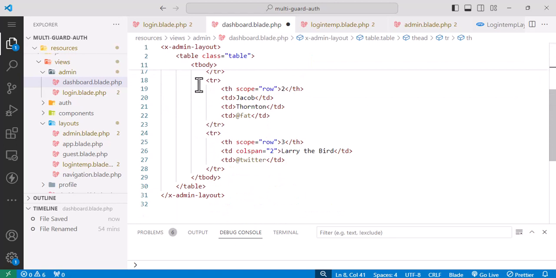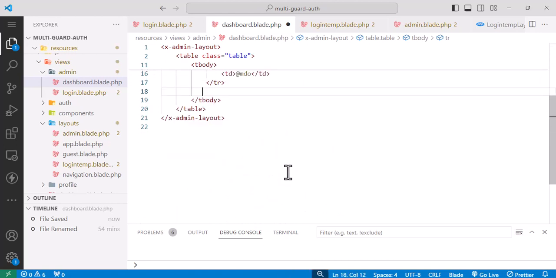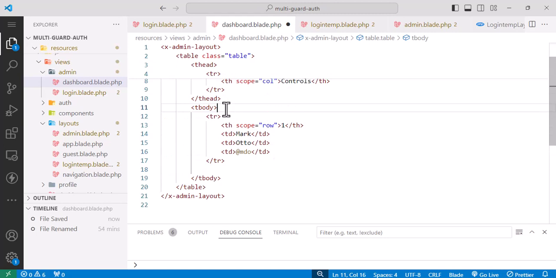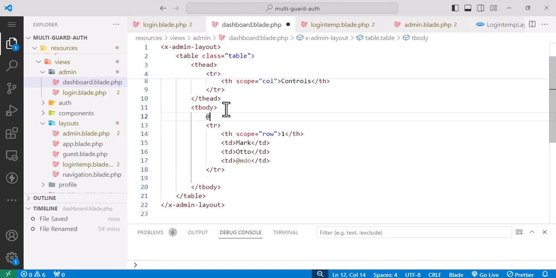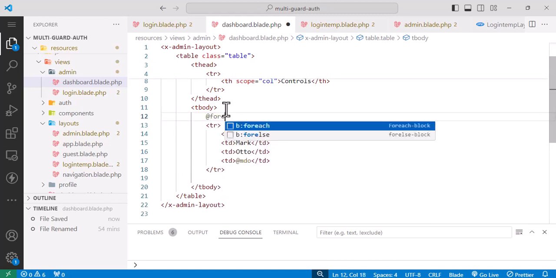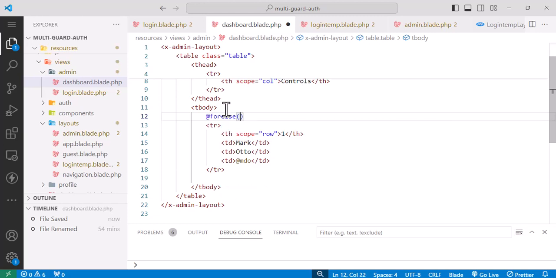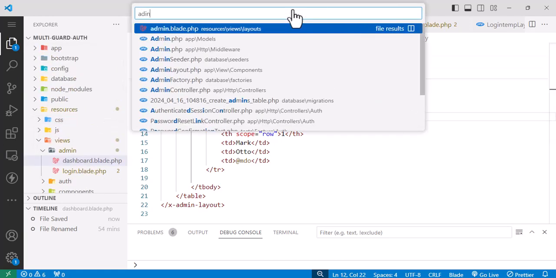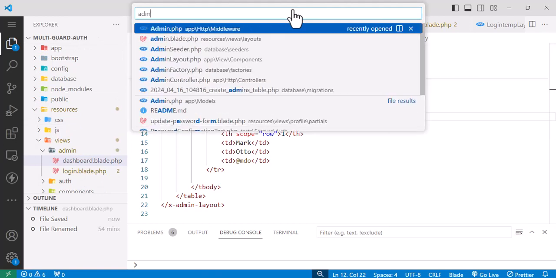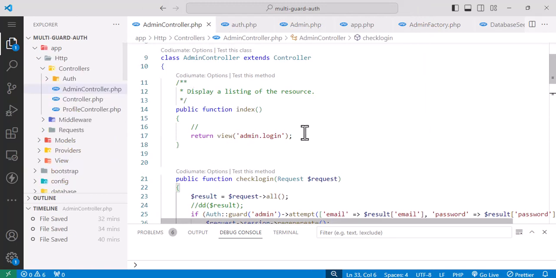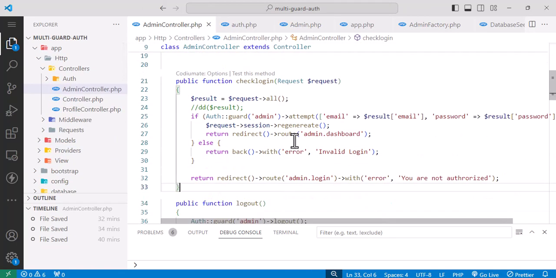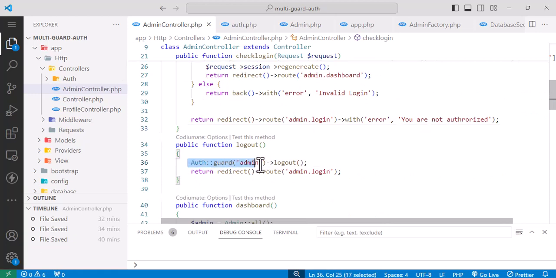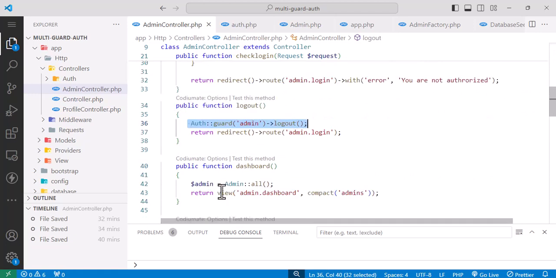And we do not need other rows, simply we need one row. Let's remove this. And here we can use the Blade for else. Then, as you remember, we send in the controllers, admin control,